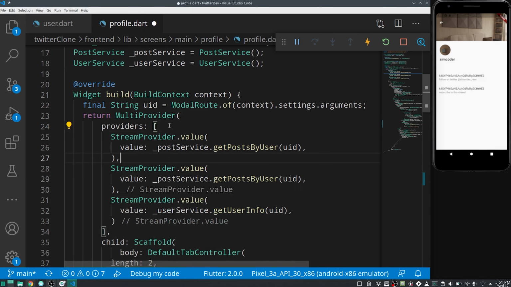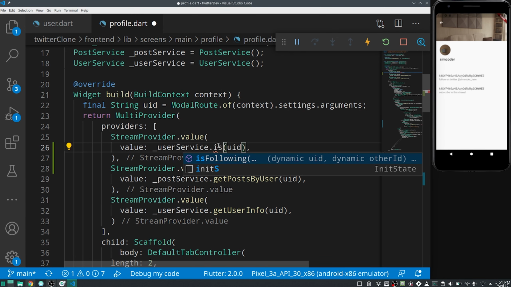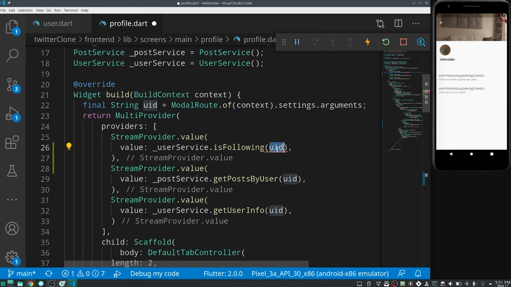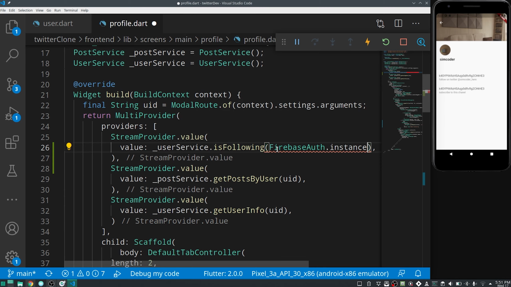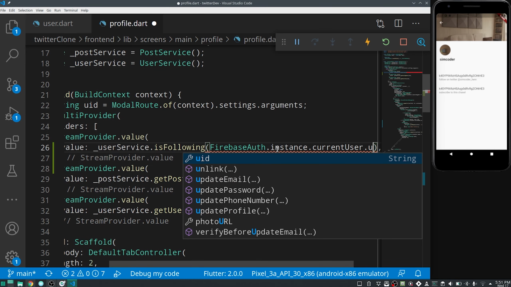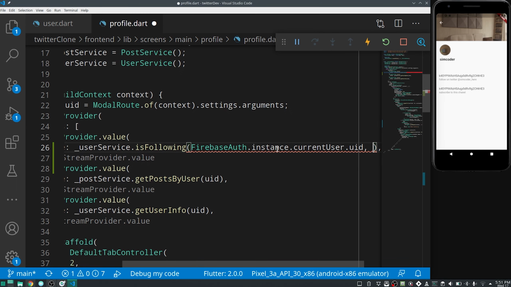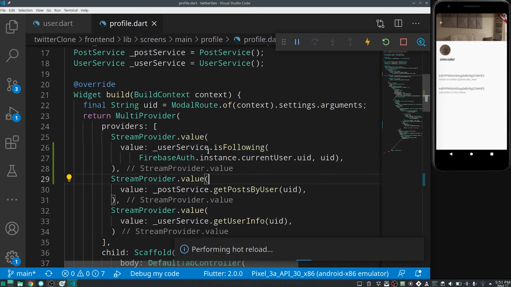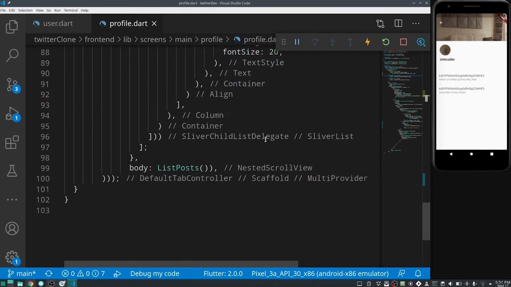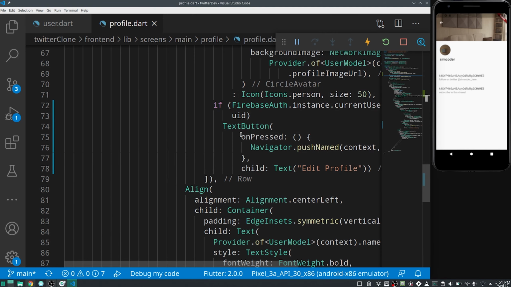But for now, we must add yet another stream provider, which we'll get from the user service, not the post service. So user service, and then we say is following, and we'll pass along firstly the currently logged in user's ID. So firebase auth.instance.current-user UID. Then we'll pass along the UID, which is again the user that we are currently viewing. So now we'll be able to easily access this data by coming down below,